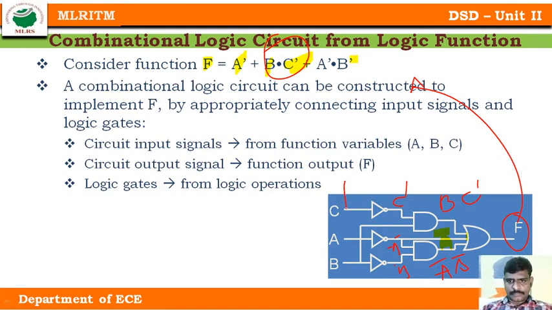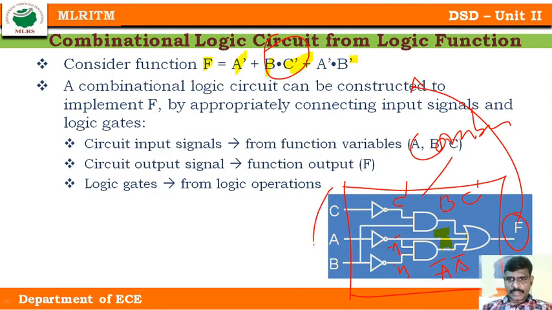So if I draw, this is a combinational circuit having 3 inputs and producing one output function. Okay,